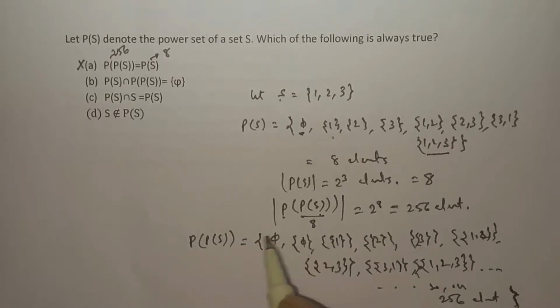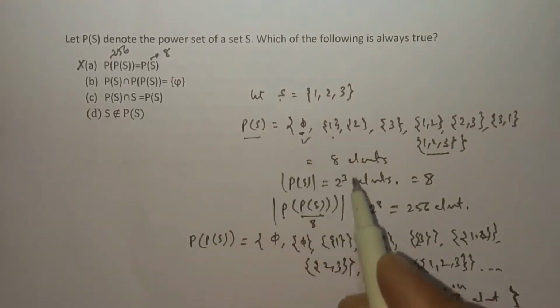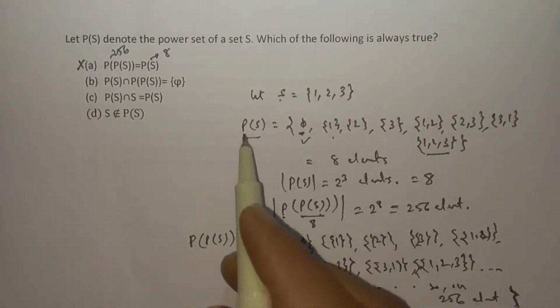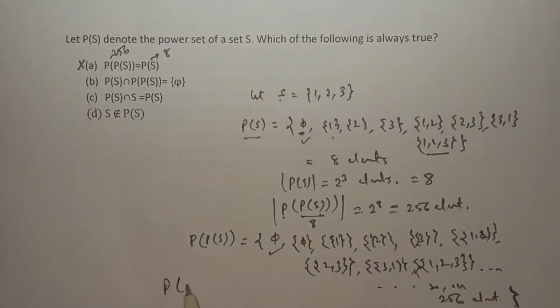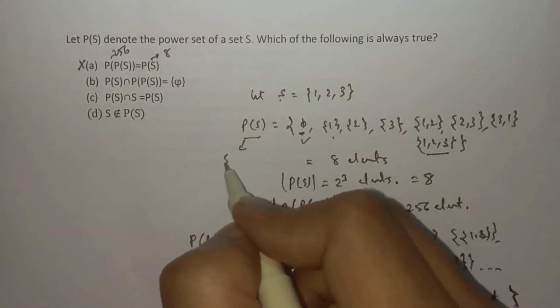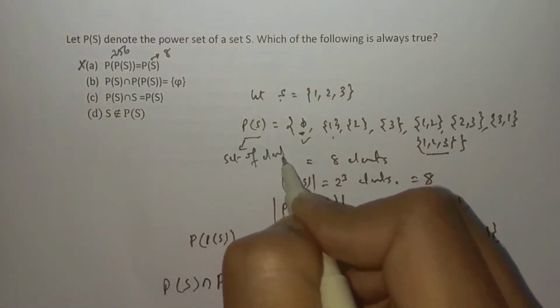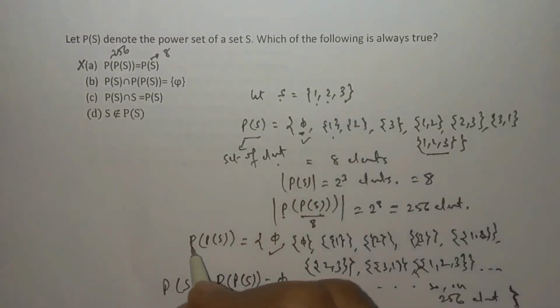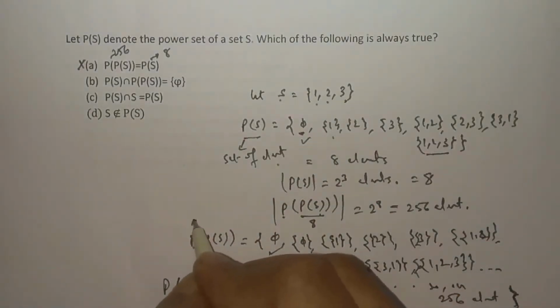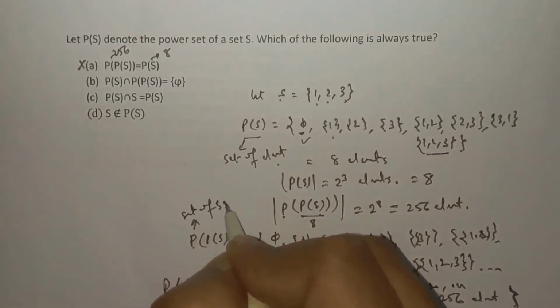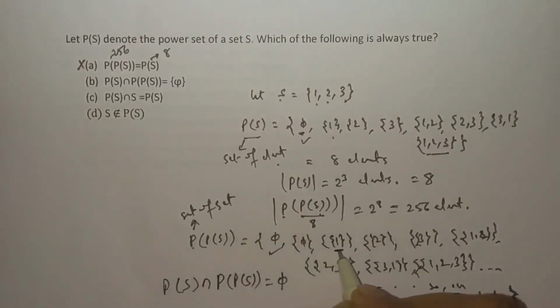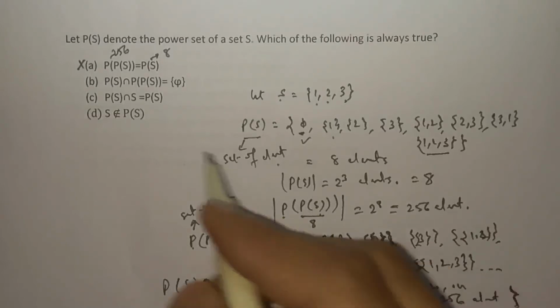So if you see, P(S) also contains phi and P of P(S) also contains phi. So the common element between both, P(S) intersection P of P(S), will be phi. Actually, P(S) is a set whose elements are 1, 2, 3. P of P(S) is a set of sets. This is itself a set {1} and this is another set. {2} is itself a set and this is another set. That is the difference between both. So option B is